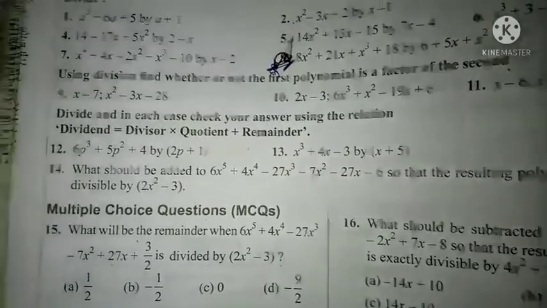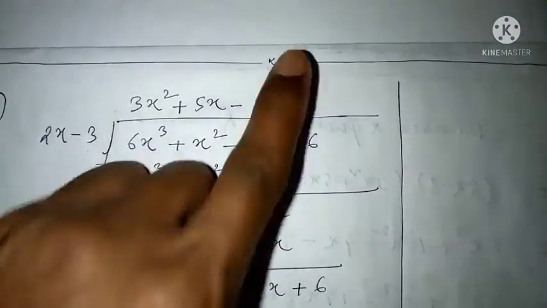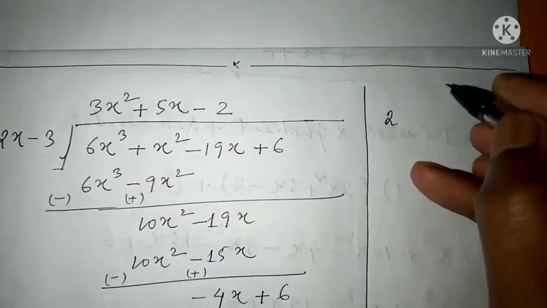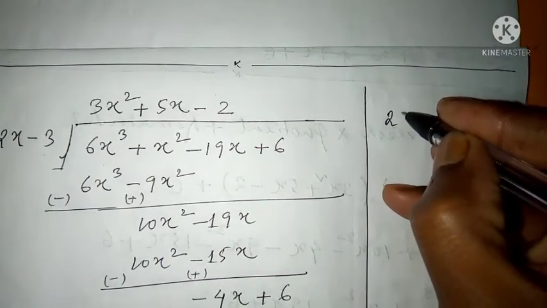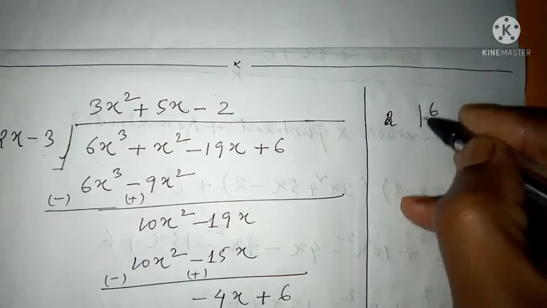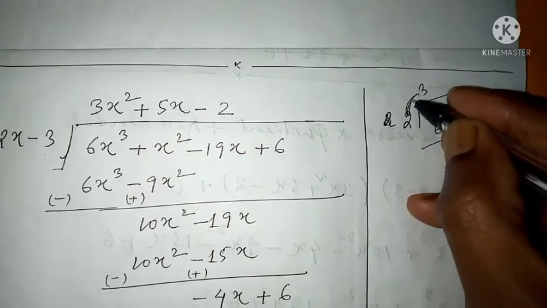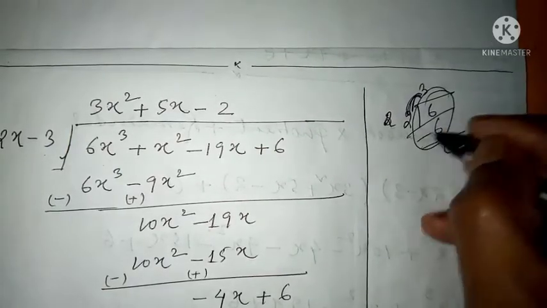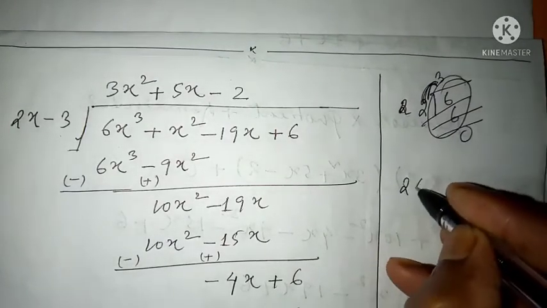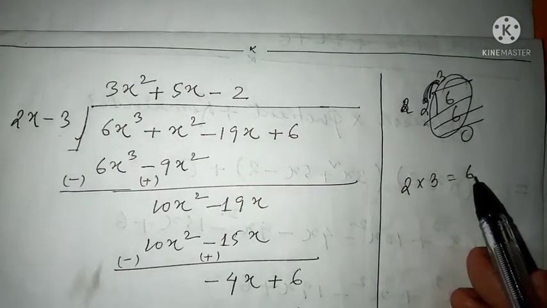Now we'll try to understand what exactly a factor is. Okay, now you can see here factor means actually, if 6 divides by 2, 2 3s are 6, the remainder is 0, that means 2 and 3 are factors of 6. Okay, 2 and 3 are the factors of your 6. Or you can see here, if I multiply 2 and 3, then it gives me 6, then 2 and 3 are factors of 6.